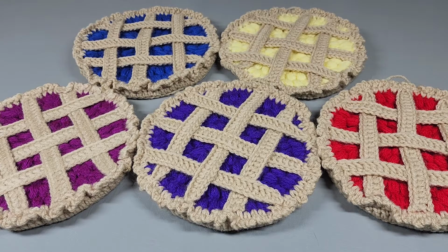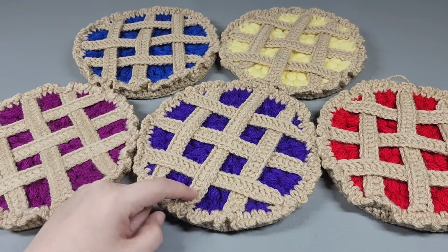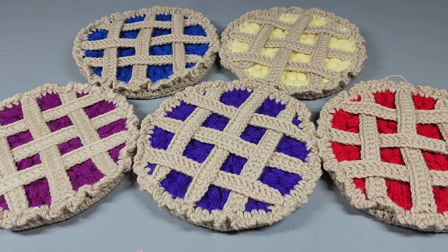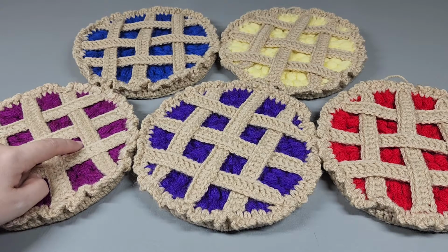Now the cotton, I used what I had, and I did not have a cotton. Now this acrylic is Buff, Red Heart Super Saver Buff. And then the pie filling, all of them, but this one is Red Heart. This one is Michael's